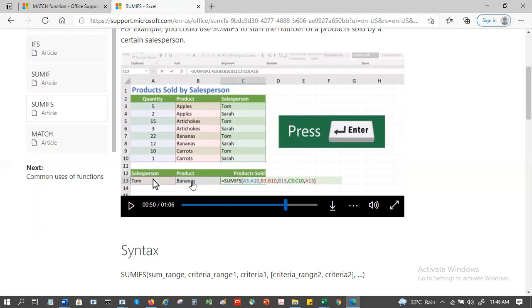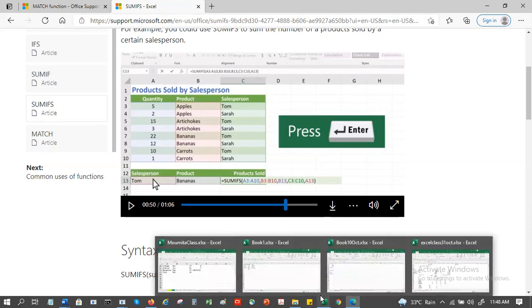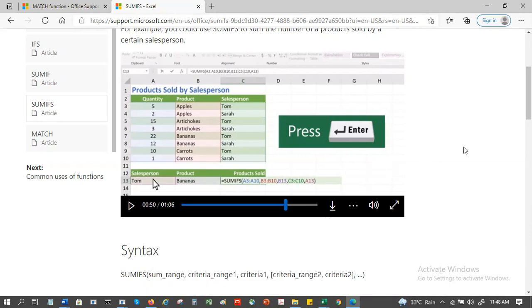Right. Now you can directly pick up the product from the main table itself. Instead of B13, you can click on B3 also, or you can click on B7. I can write Apple B3. So it is not necessarily B13 where banana is; I can do it from there too, B7, B8 also.